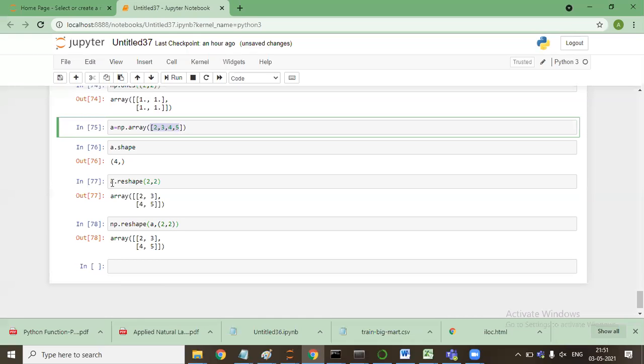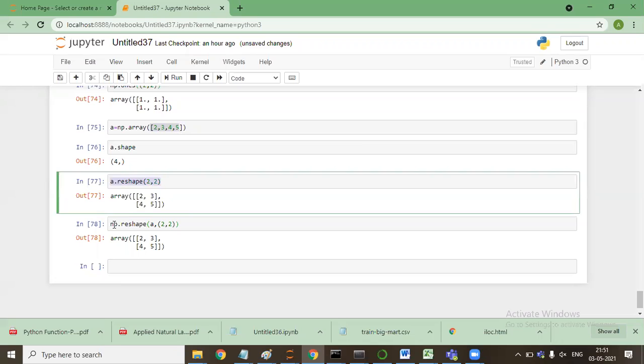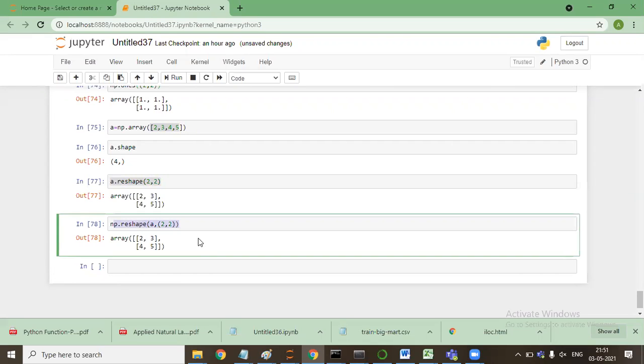So this has also reshaped into 2 by 2, and this has also reshaped into 2 by 2. By two ways we can reshape, right, sir? Yes, both will give the same output.